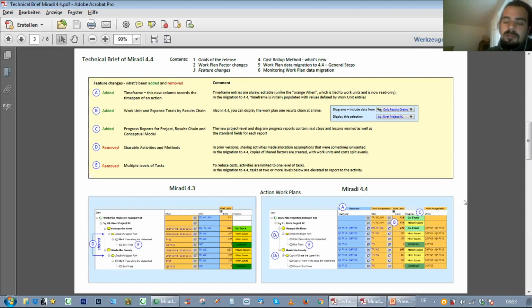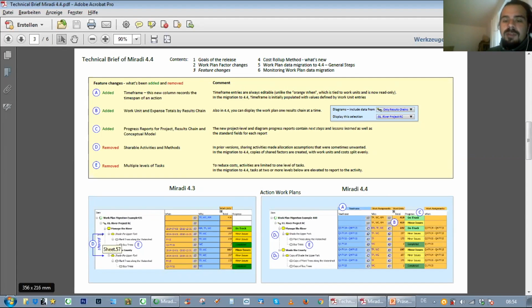So that's something I'm going to get to in just a second. One thing is the work units and the expenses, so the totals by each result. Before that, it was sort of not messy, but not as detailed as it was needed by some of our users.